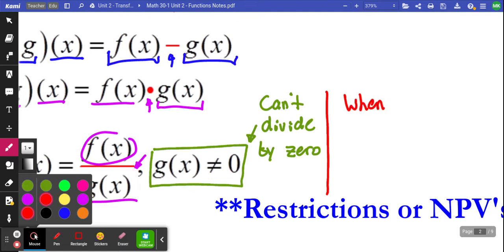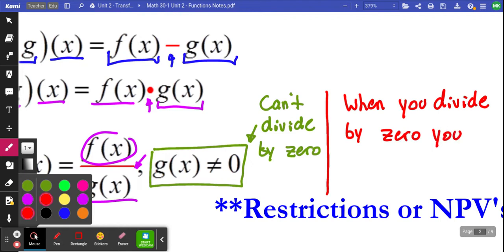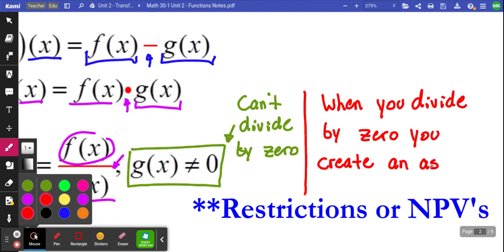When you divide by 0, you create an asymptote. Right? So remember in our rational expressions unit last year, when we would have those non-permissible values, which is what